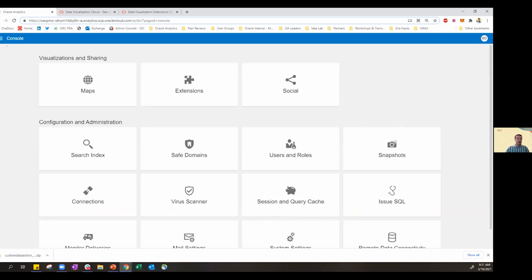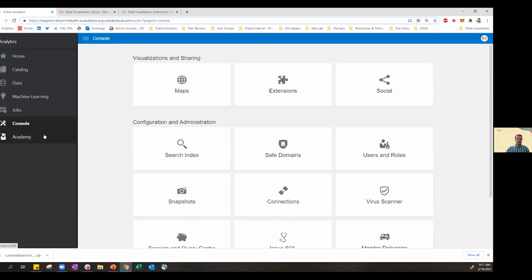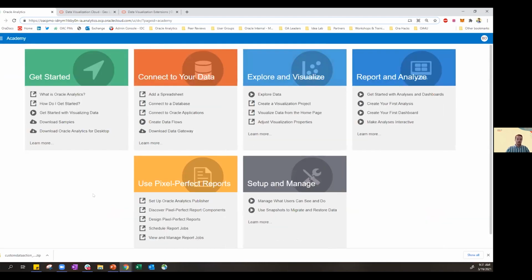The last thing that I do want to hit when it comes to a product tour and navigating throughout OAC is the Academy. Now, while we left the library, we're going to go to the Academy now. And what the Academy is great for is it's really providing our users that in-product training that they're looking for. So this is a great resource to come to when you're looking to answer your questions, really around connecting to data sources, creating the visualizations, or if you're looking to do more on the analysis or dashboards or BI Publisher side, we have a lot more documentation and resources there available as well. And do know that all these are connected to a live connection to our docs.oracle page. So it'll be continuously updated with the most fresh content.